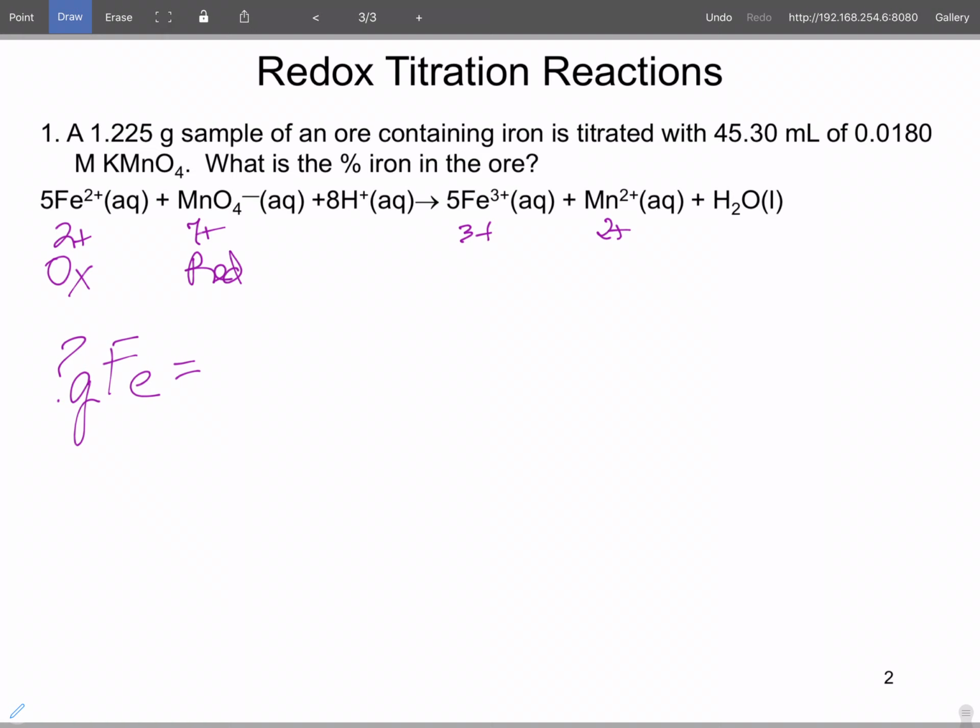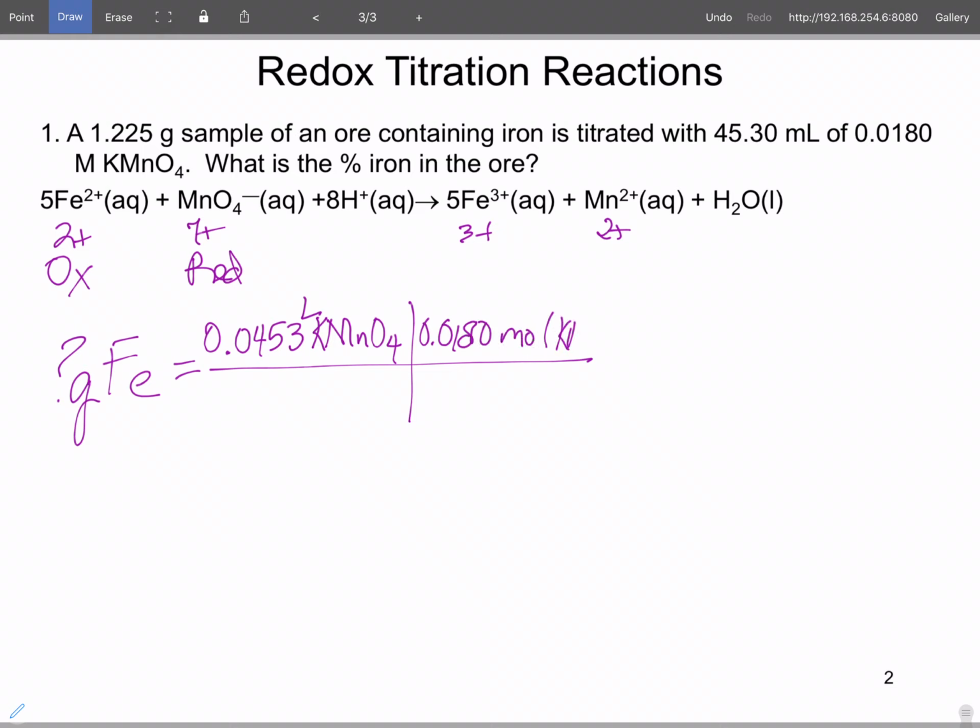So we know that we are starting with 0.04530 liters of potassium permanganate. We know that the concentration of potassium permanganate is 0.0180 moles